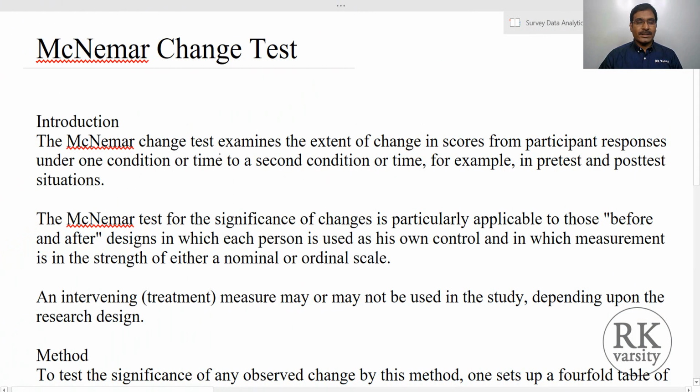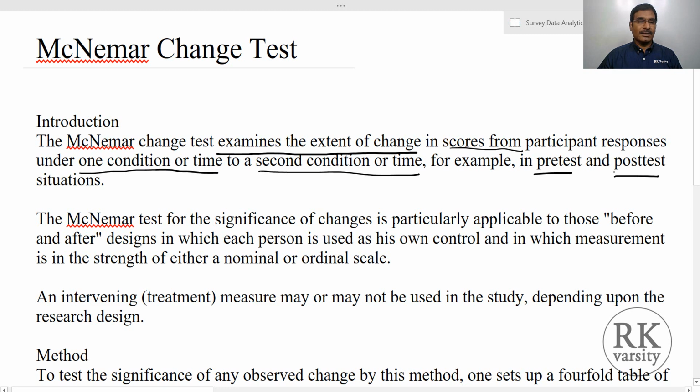McNemar's change test examines the extent of a change in scores from participant responses under one condition or time to a second condition or time. The most classic examples are a pre-test, post-test, like a before and after kind of analysis.